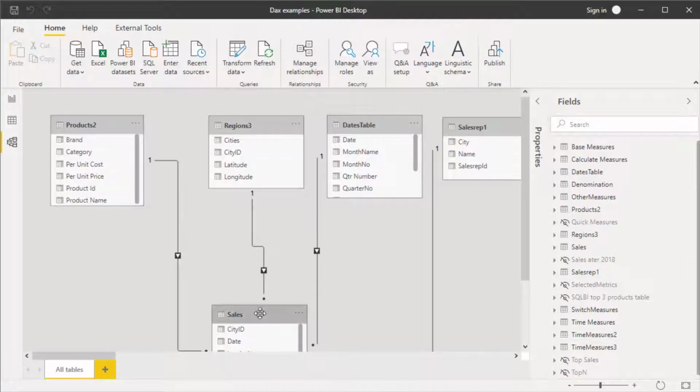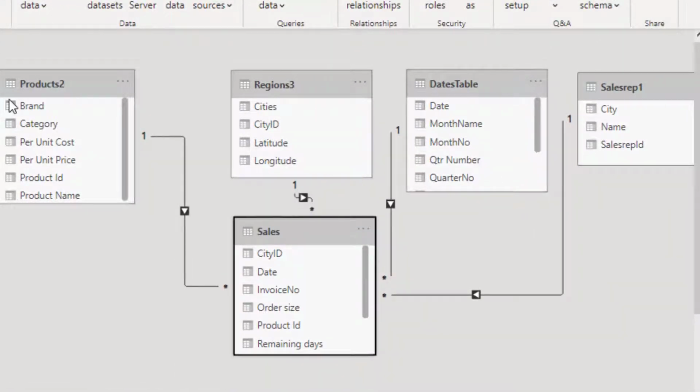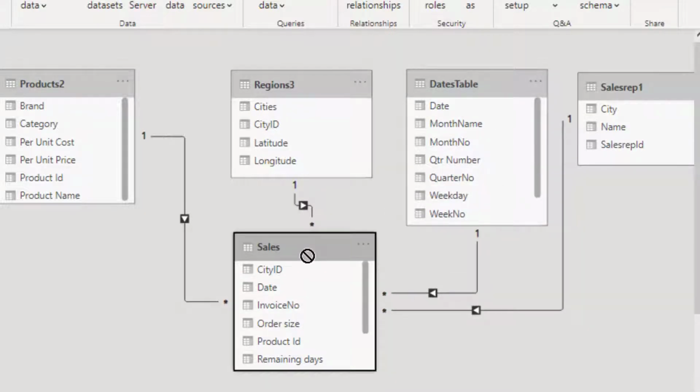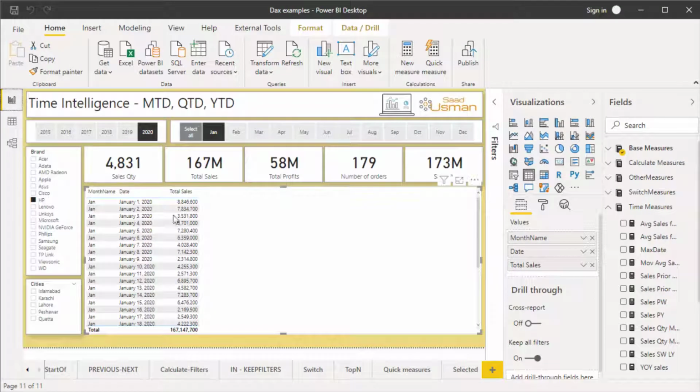We have certain dimension tables such as products, regions, sales rep. We have got a dates table as well, and the fact table is called the sales. So we are going to calculate the month to date sales in the visual. We already have the month name, the dates, and the daily sales of the year 2020 and the month of January. So for the purpose of calculating the month to date sales, we are going to use a function called